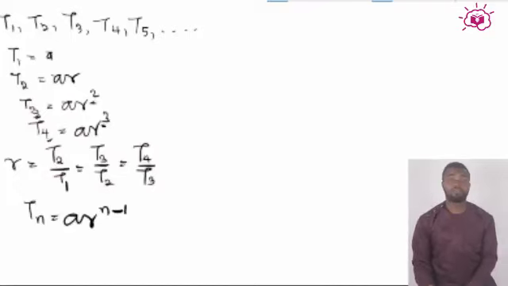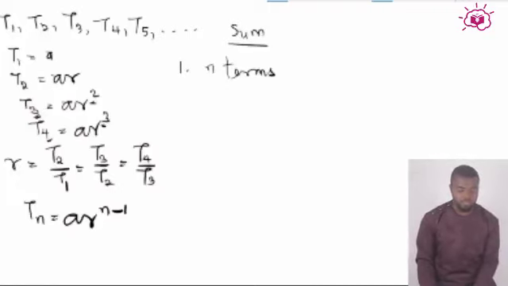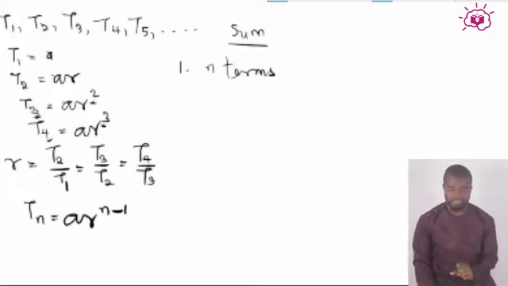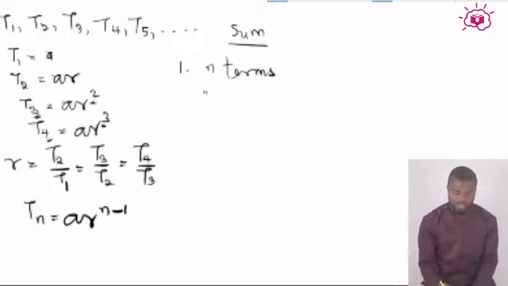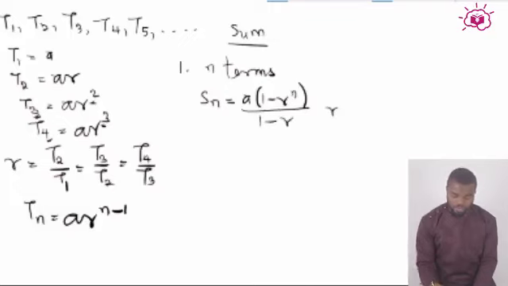Okay, now onto the sum of a GP. In the sum of a GP we have two instances. Summation of n terms: when the number of terms to be added is given, then we have our sum of terms Sn equals a into bracket 1 minus r raised to power n over 1 minus r. This is the case when r